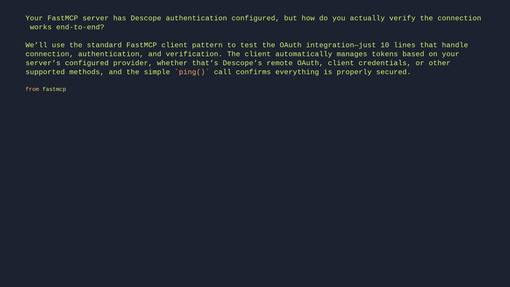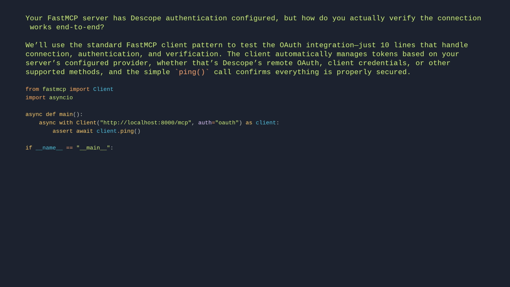from fastmcp import Client, import asyncio. async def main(): async with Client("http://localhost:8000/mcp", auth="oauth") as client: assert await client.ping(). if __name__ == "__main__": asyncio.run(main())